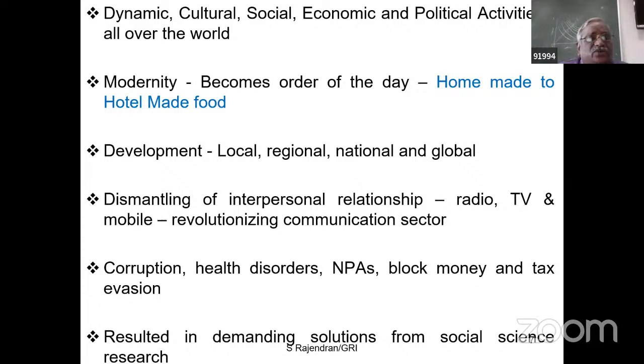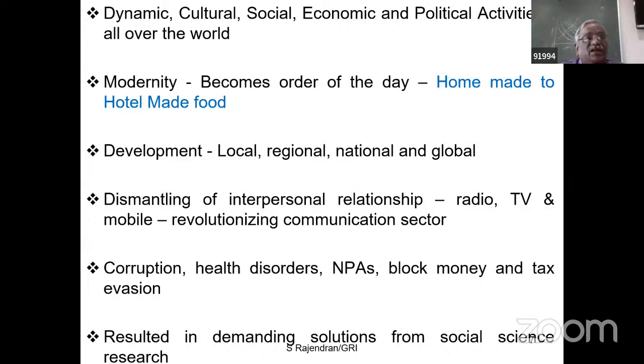And I remember I posed a question to one of our professors who spoke about the year 1987, he said that after 50 years from now, we will be losing the agriculture sector from the economy, which was unbelievable to my mind at least. And now the change has been taking place. The meat has been produced in the laboratory now. It has been permitted in Singapore. So these kinds of advancement in science and technology do have a cost for health, but at the same time, this is the order of the day. We have to accept from homemade food to hotel-made or laboratory-made food.